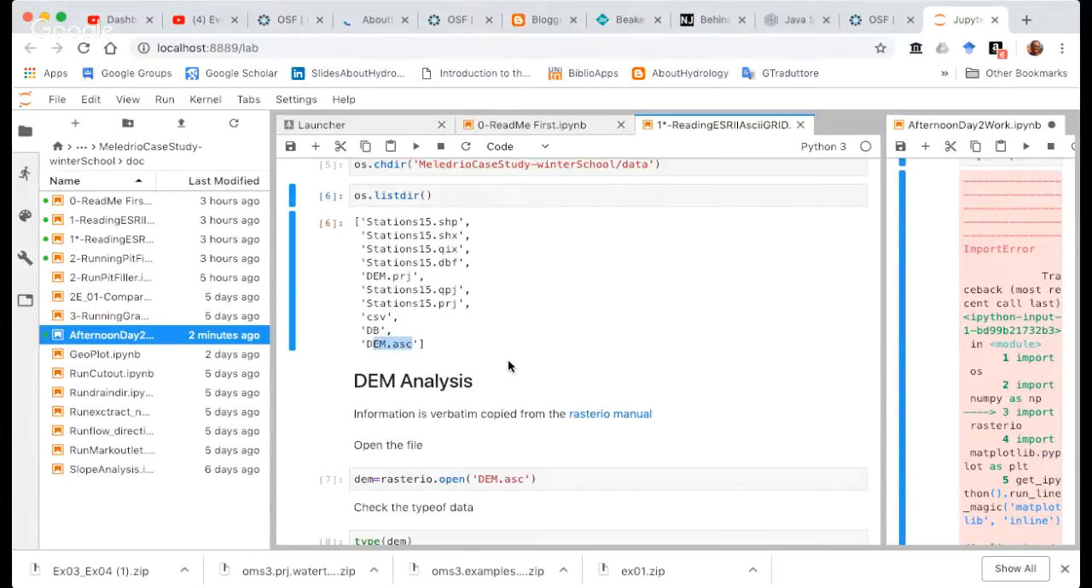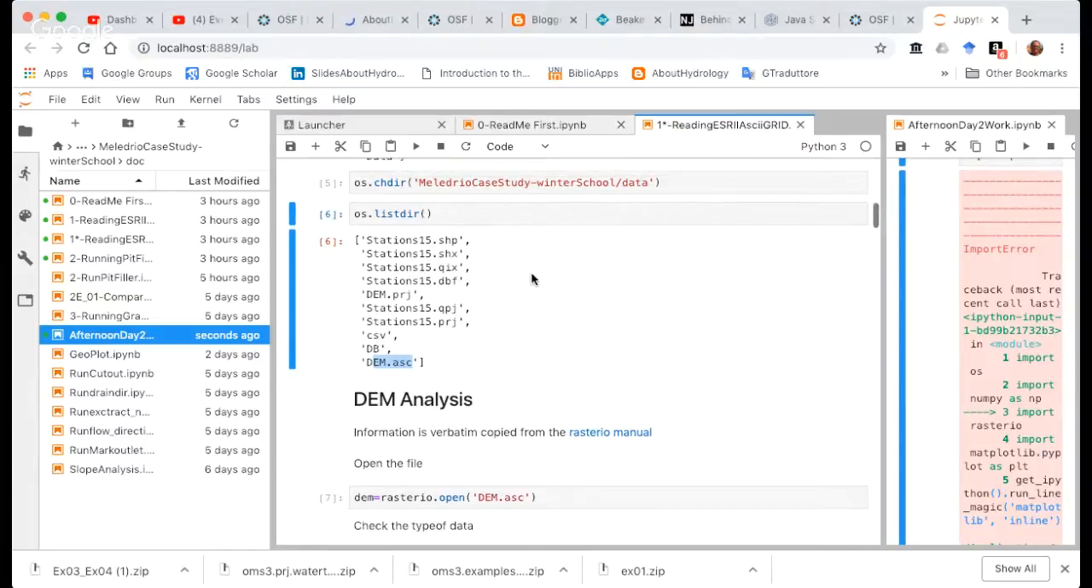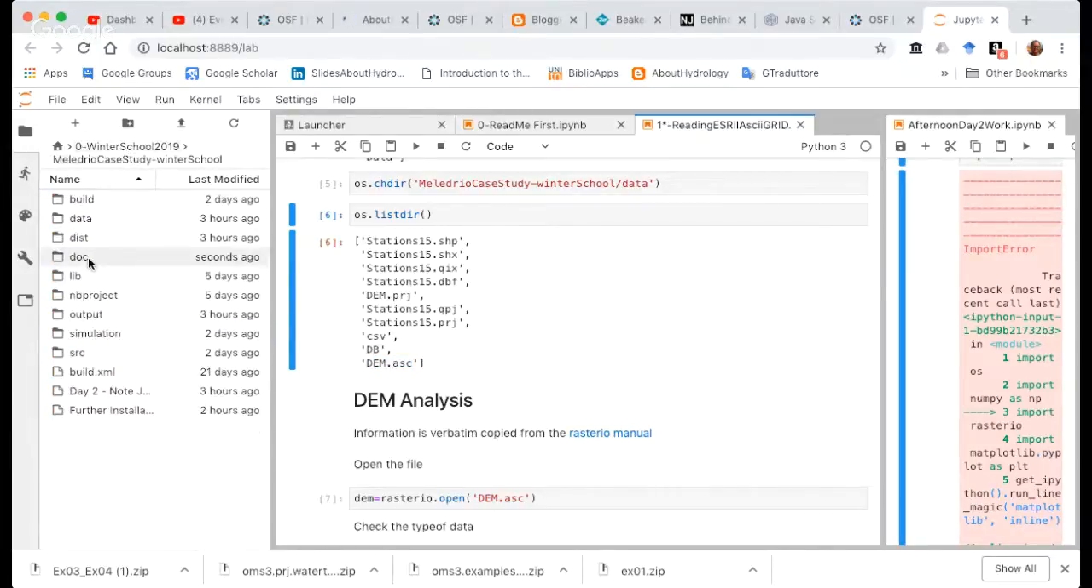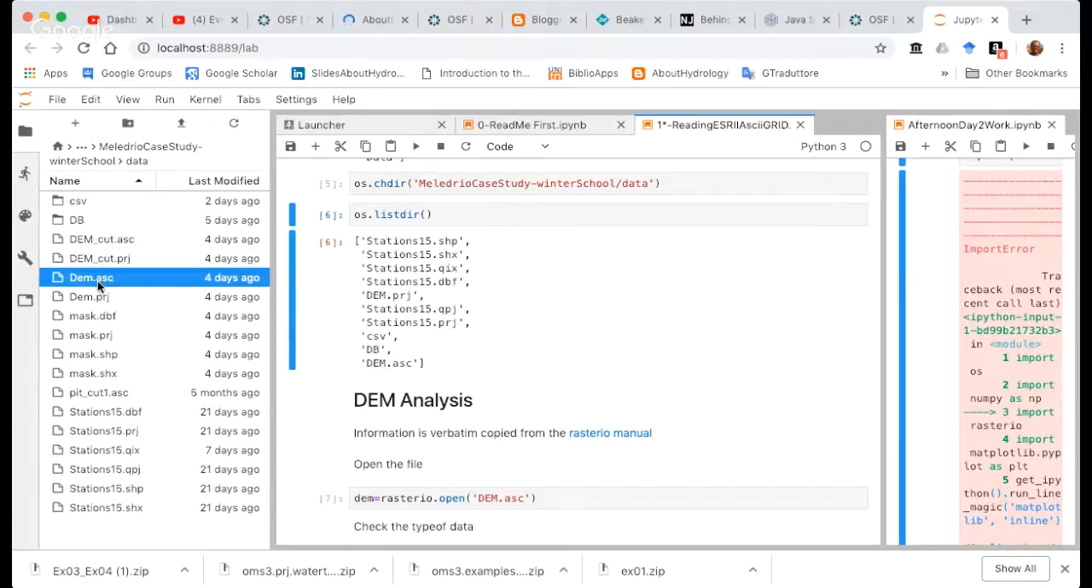dem.asc. ASC stands for ASCII. It is a representation of the DEM, a raster file, a matrix. We can go and open it if you want. We have time for doing it. So we go here. We go in data. Here is the file, and